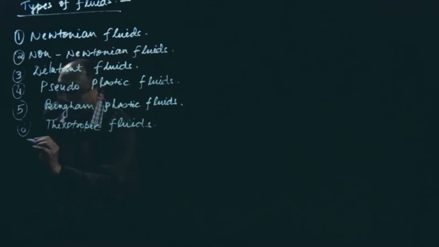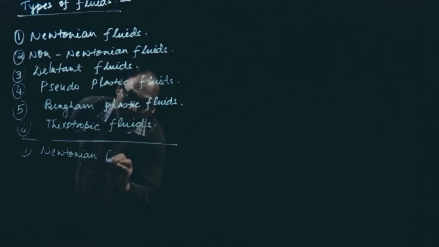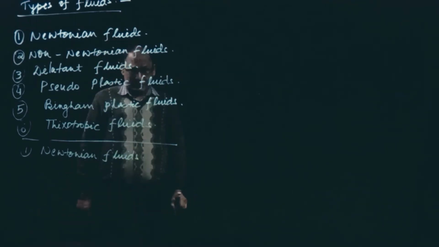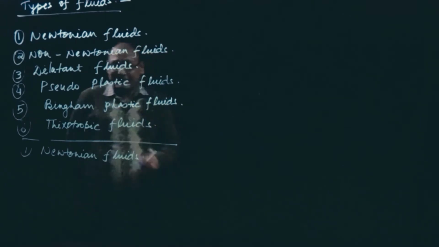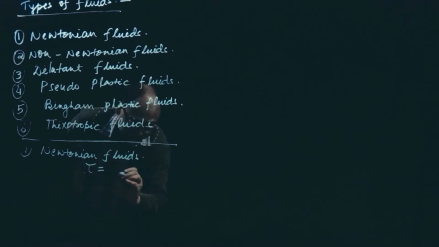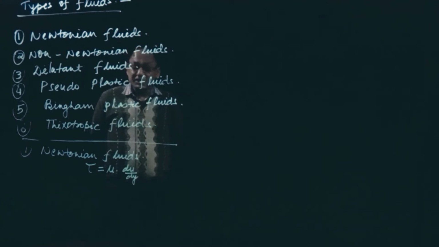Number 1 is Newtonian fluids. There is Newton's law of viscosity that says that tau is directly proportional to the velocity gradient. The equation is tau is equal to mu du by dy. This is Newton's law of viscosity. So such types of fluids